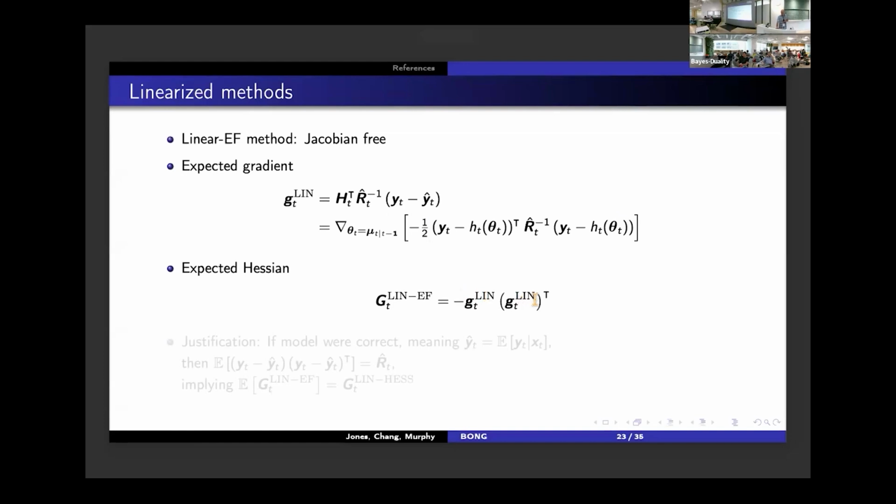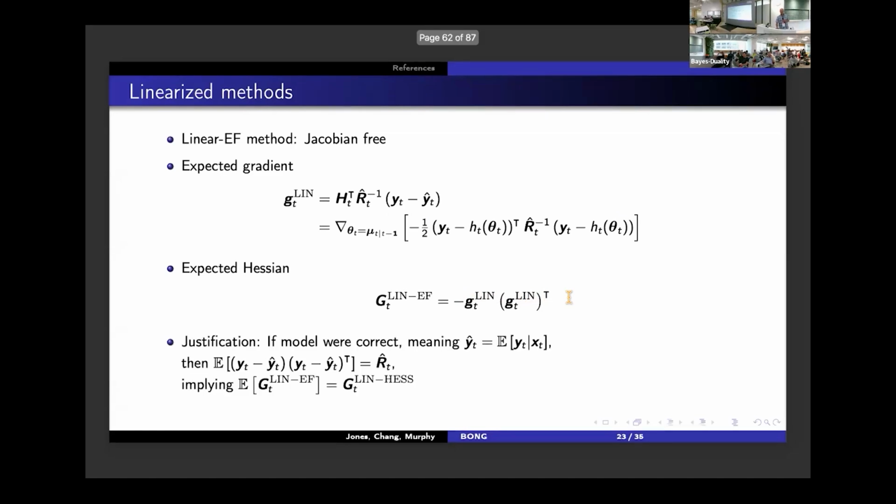And for folks who aren't familiar with empirical Fisher and why you would do this, why would you possibly take the outer product of gradients and call that the Hessian? It actually turns out to be the right thing to do in simplified settings like this one here. So when the model is linear, and if the model is correct, meaning that the prediction coming from the model is the true expected value of the observation, then it's pretty straightforward to show that